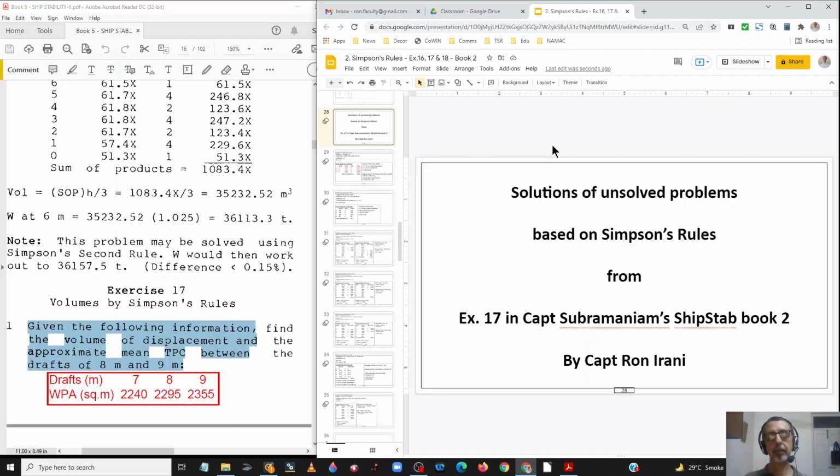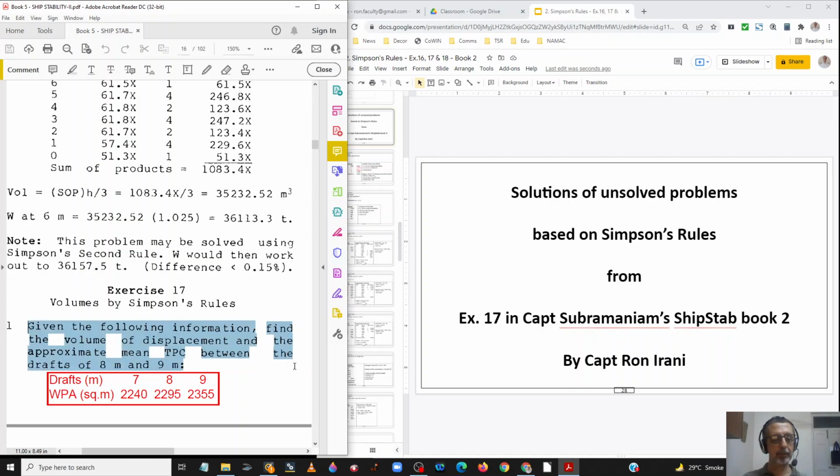Hi everyone, in this presentation I'm going to take you through solutions of unsolved problems based on Simpson's rules from exercise 17 in Capt Subramaniam's textbook volume 2 on ship stability. So as you can see on the left hand side, I have highlighted